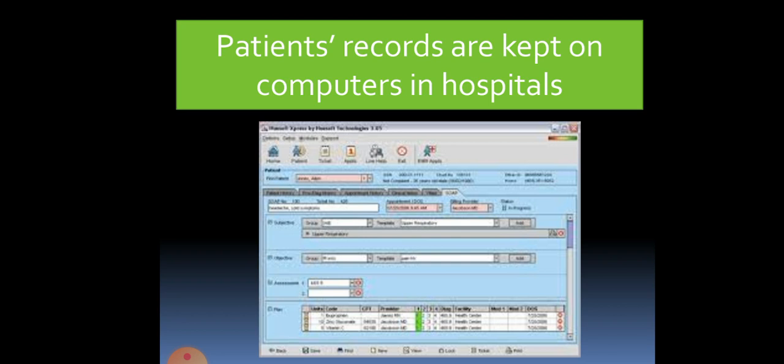You know, when you go to hospital, they will collect your details, right? And they will enter all the details in the computer, right? Whatever disease you have, it will be noted in that record. So next time when you go, they will take your record. It is in the computer. So when you give the number, they will take the record quickly. So to maintain patients' records, hospitals use computers.